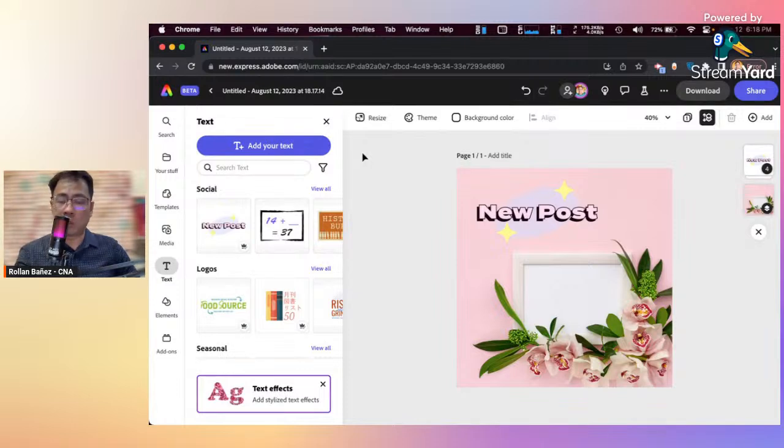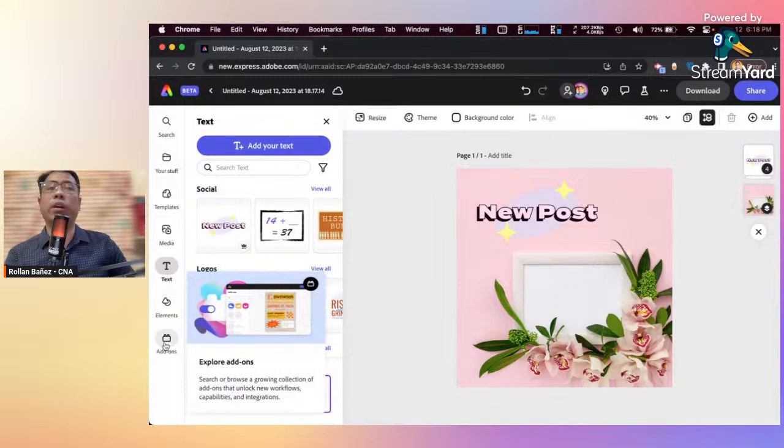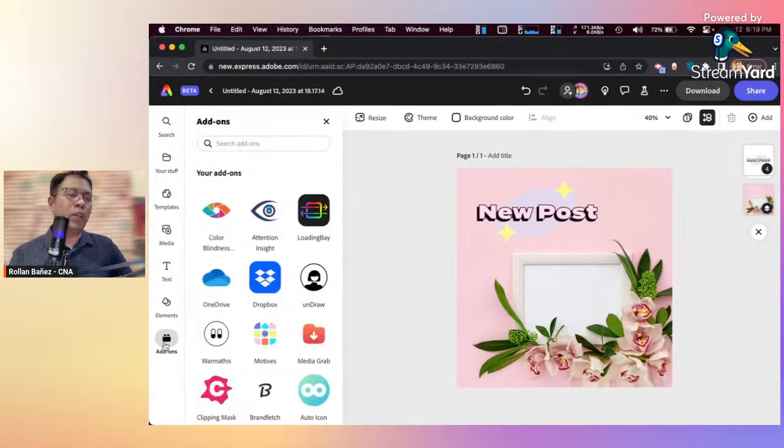You can definitely do something like this, add some text, add some background, but we're going to focus on add-ons. So where do the add-ons reside, or where are they located? When you have an open design, you can click on add-ons here on the left side, on the bottommost. Am I correct? Tama ba ako doon? Nasa pinakababa. Let's click on add-ons. And right now, we have the following add-ons that you can take advantage of or use right now.